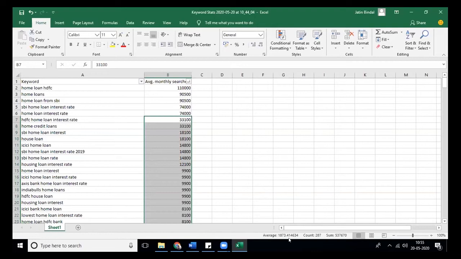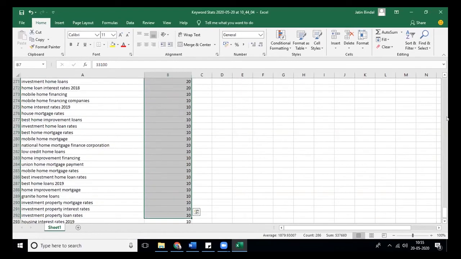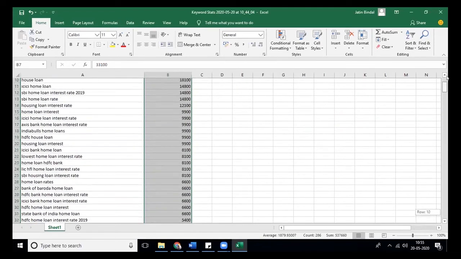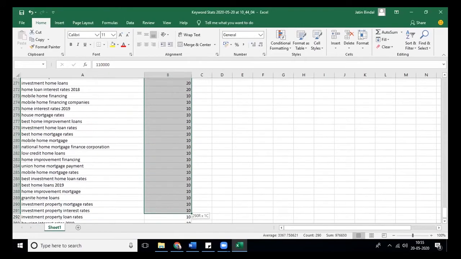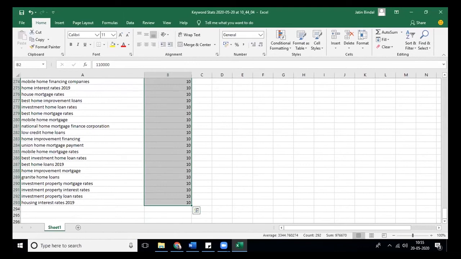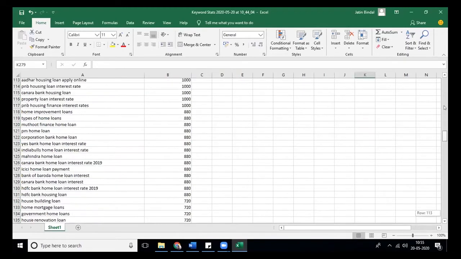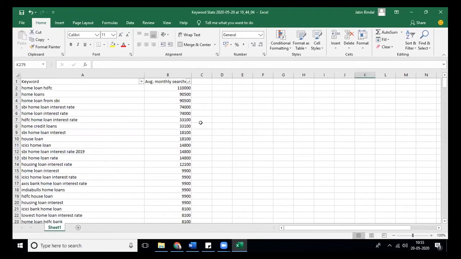Now the average is 1800, and earlier, when we calculated along with these five keywords, the average was coming around 3300, 3400. It's doubling the average, which is not right.